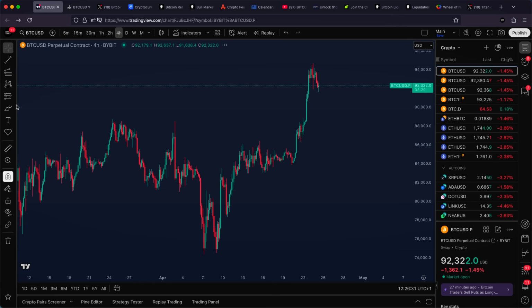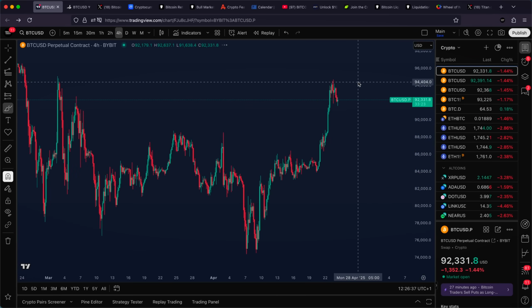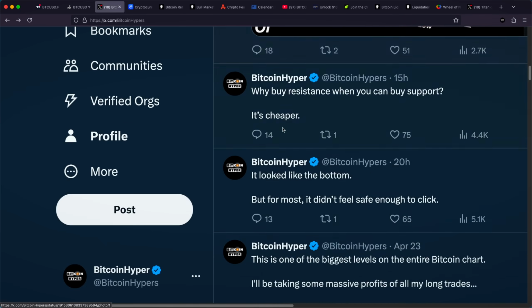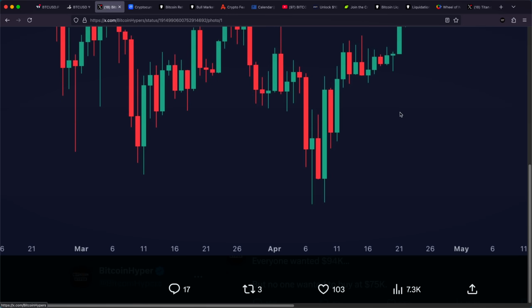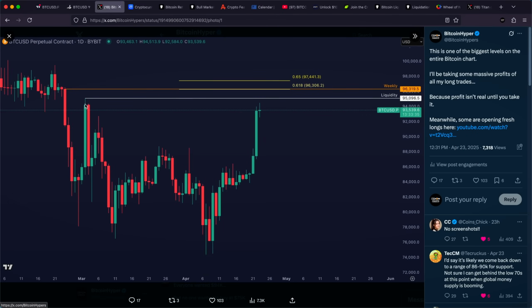Now, of course, I am not saying we cannot already see a major push towards the downside. Of course we can. But once again, I know exactly that ideally, I still want to see another push towards the upside, towards the golden Fibonacci ratio, because liquidity usually likes to be taken above the recent highs